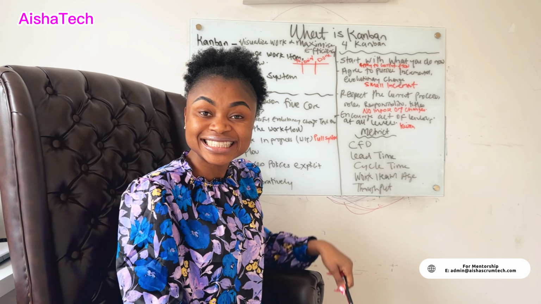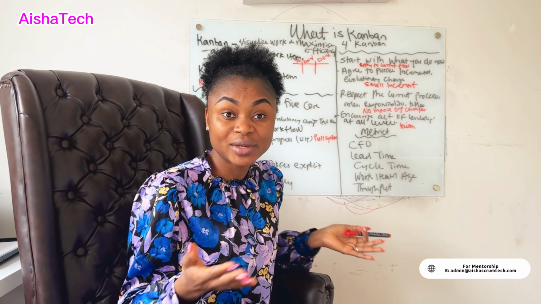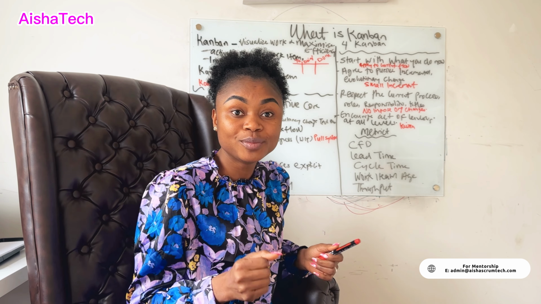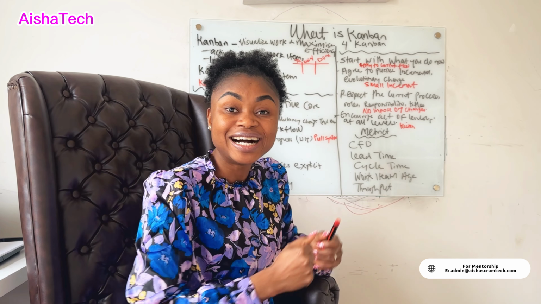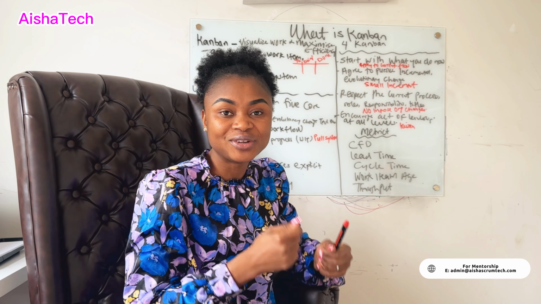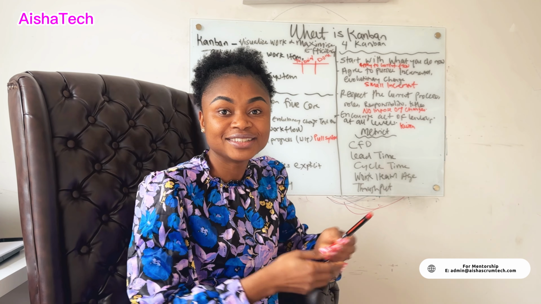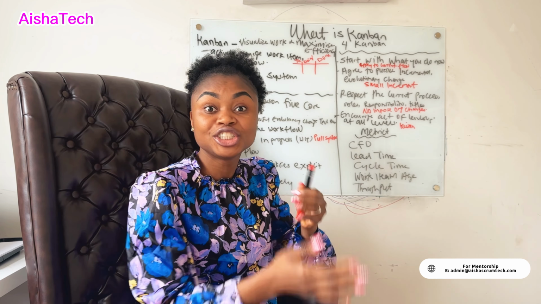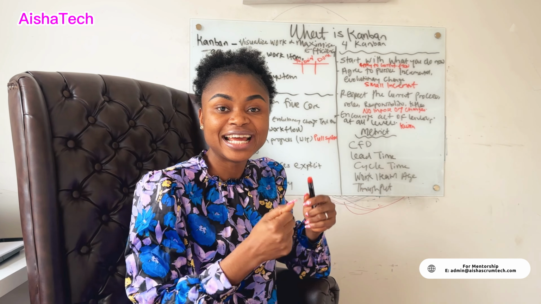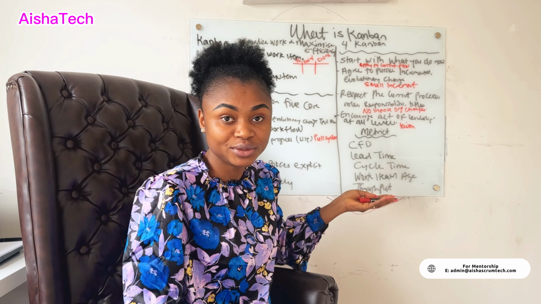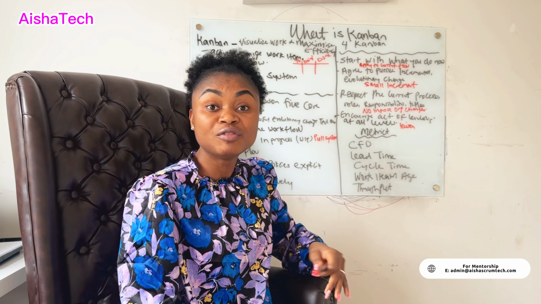And then the last thing I have on my board is the metrics that we can use to help ensure we are able to limit the time, right? Because the goal is for us to deliver this value quicker and faster to the end user, so then we can hopefully shorten our feedback loop and they can get their valuable product. And we have key metrics for Kanban that are popularly used. I know CFD, which is the cumulative flow diagram, is one of them that is very popularly used in Kanban.